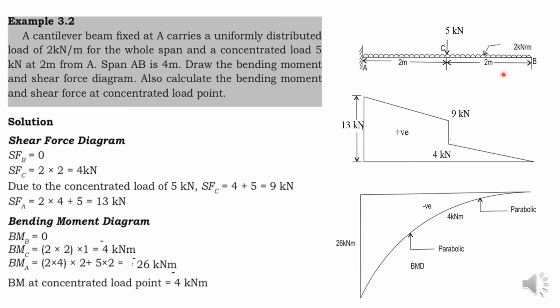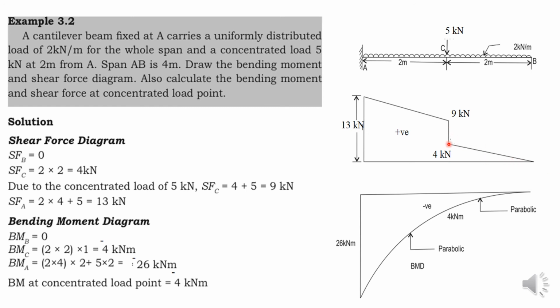Okay, so in order to get the shear force diagram for the first span BC, I am considering a section line XX which is at a distance h from the end B. I am writing the equation for shear force, and I will get the equation as 2 into h. So in order to get the value of shear force at B, just substitute h equal to 0, and to get the value of shear force at C, just substitute h equal to 2. So I will get the value of shear force at C as 4 kilonewton, and since a UDL is acting, you will have an inclined line from B to C.